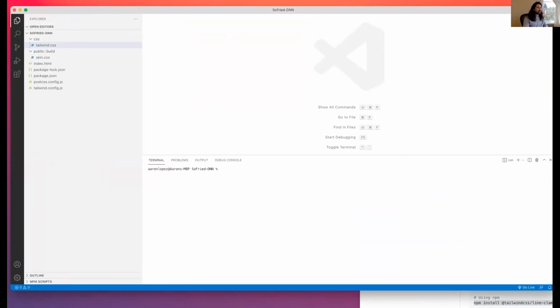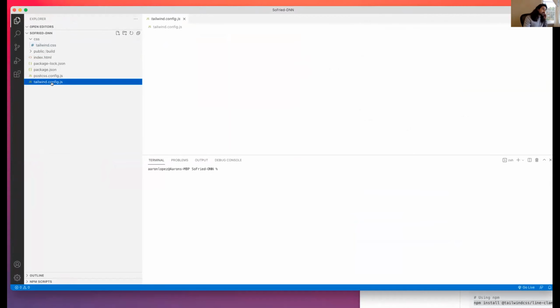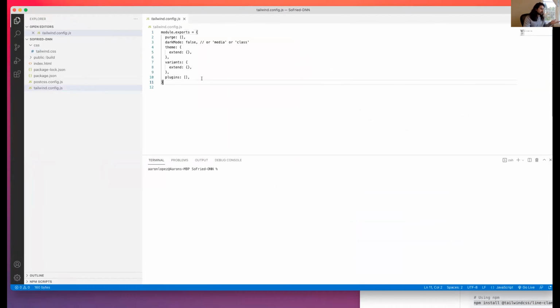Okay, so in a Tailwind package, the core thing is this. You have a Tailwind config, and this is really plain and boring at the moment. But your config is like, imagine it's a big pot. And in that pot, you put all the ingredients you want, like your colors and the shadows and things like that. Out of the box, Tailwind is what it is, and it's very good.